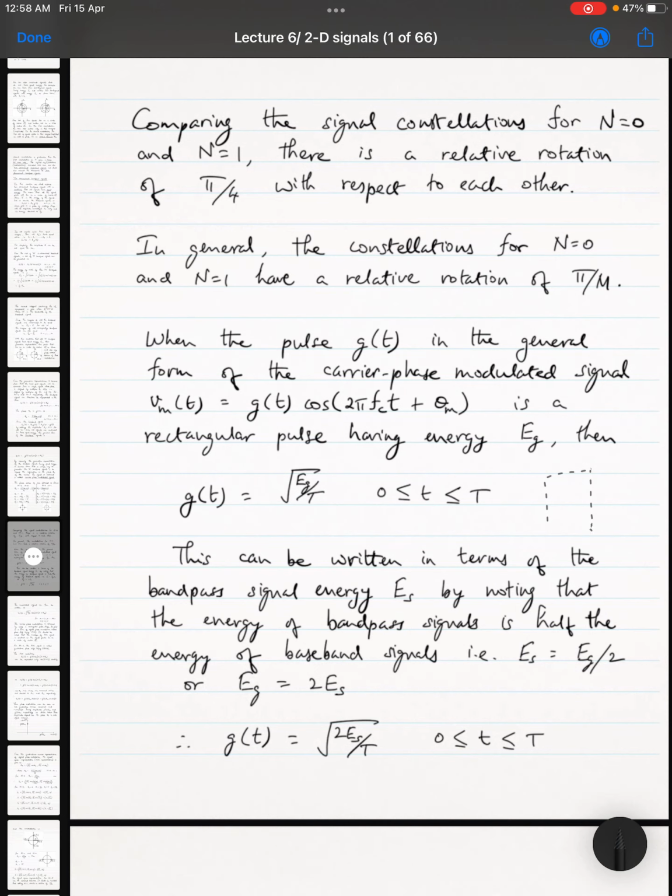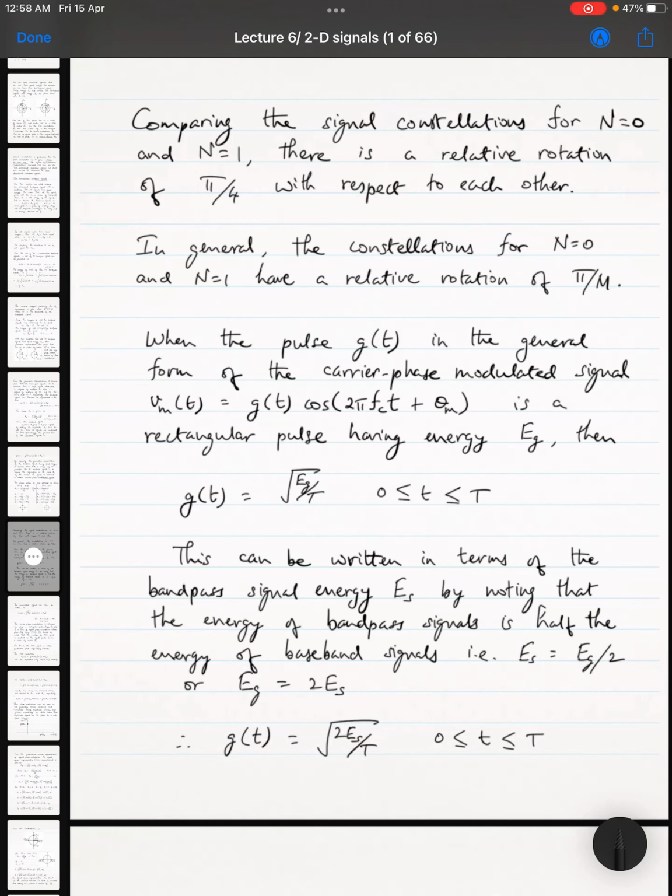pulse has the energy Eg uniformly distributed over the interval T. So over the interval T, the energy is uniformly distributed because the amplitude is the same over the entire duration T. So we can represent the amplitude of the signal as the square root of the energy divided by T, because the energy is uniformly distributed over the entire duration of the pulse. So this is the case for a rectangular pulse. Normally for any arbitrary pulse shape that is not the case, but for a rectangular pulse this is a very straightforward observation that the energy is going to be uniformly distributed in the interval T. So the amplitude at any point of time will be the energy divided by T, under the